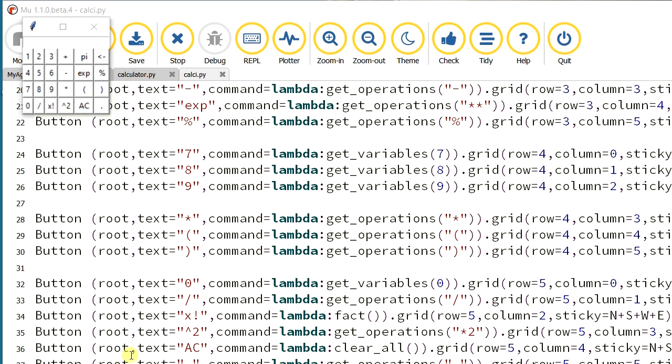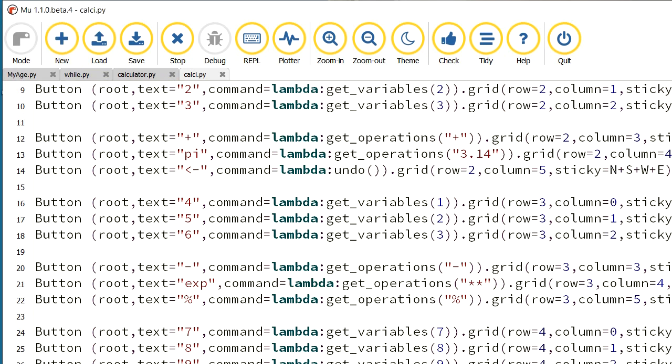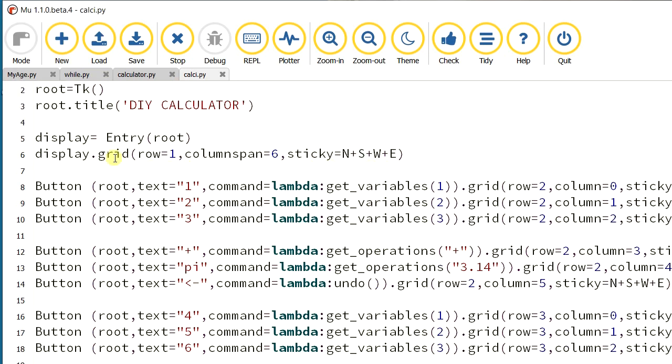Let's add the equal to box and then we add all the functions. Then our calculator will be in working condition. So as we have the display line similar to this, we are going to have the equal to button. It will occupy this entire bottom row and there will be no columns. So same coding as we are having for display.grid. This one will be the same in grid.